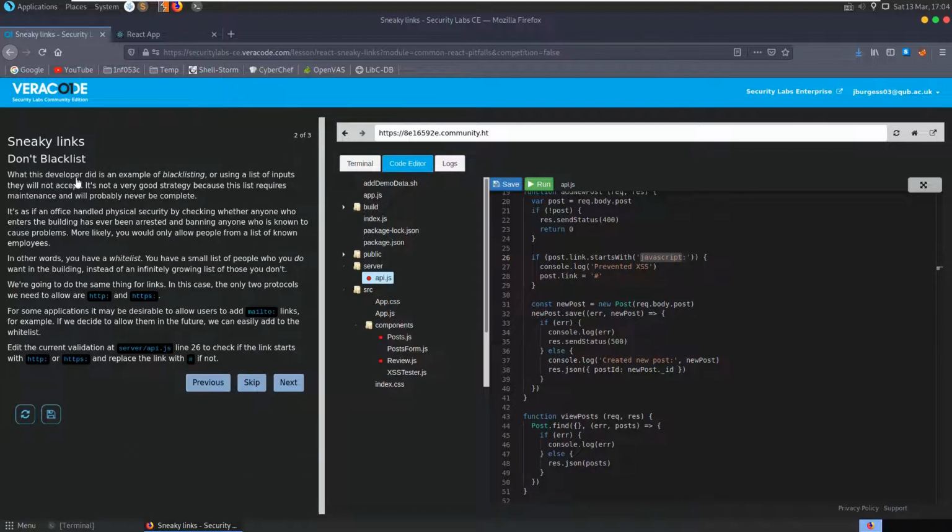This section explains that the problem here was the developer tried to use blacklisting, specifying a list of inputs that they won't accept. This isn't a very good strategy because it requires maintenance and will probably never be complete. It's easy to miss edge cases that the developer might not have thought of, or which weren't discovered at the time. If you use a whitelist, you basically say everything is denied by default. You block everything except a list of